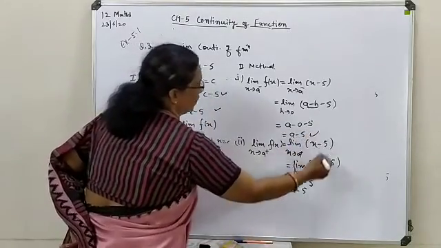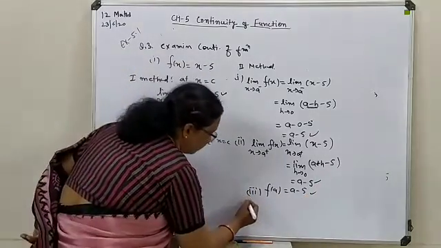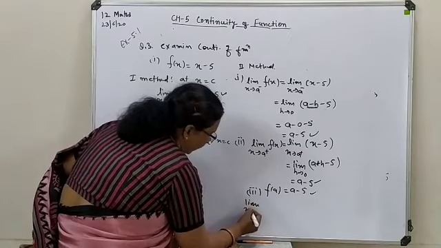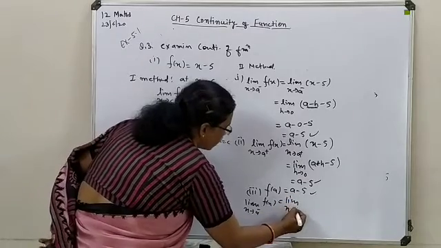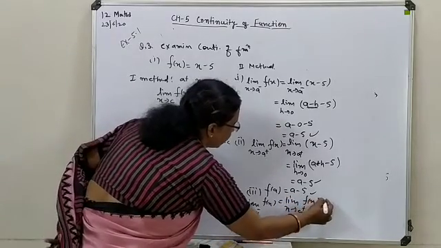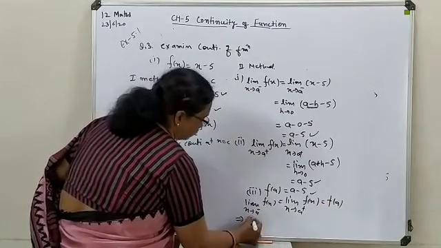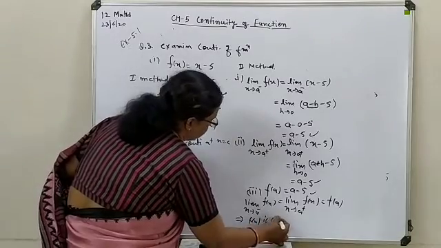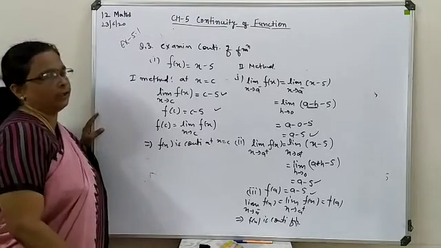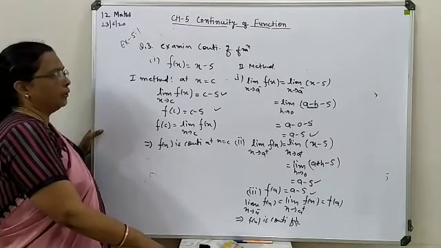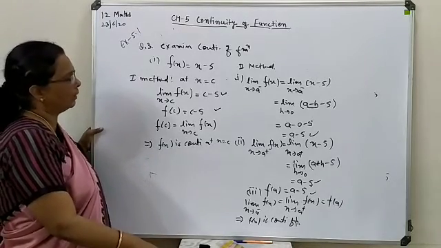You can see this solution and this, these three are coming the same. The conclusion we can write is that limit x tends to a minus f(x), limit x tends to a plus f(x), you are getting the same as f(a) solution. So you can say that your f(x) is a continuous function. So this way you can check or examine the continuity of any function by using any of the methods as per your convenience.